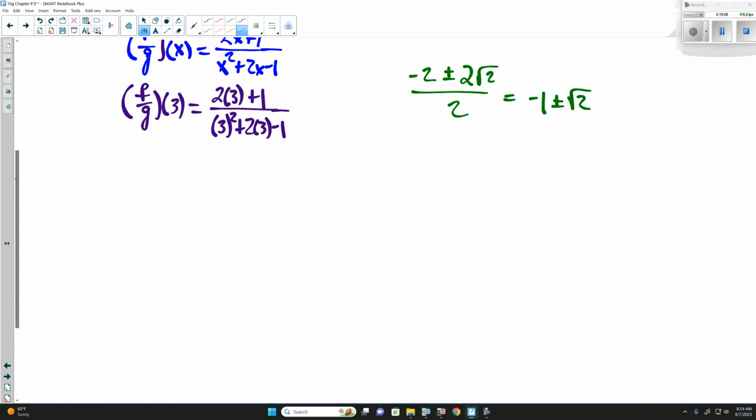Now this one here has a little bit more to it because, well, nothing simplified. 2 times 3 is 6. So we have 6 plus 1. The denominator, 3 squared is 9. 2 times 3 is 6 minus 1. Well, 6 plus 1 is 7. 9 plus 6 is 15 minus 1 is 14, which gives us